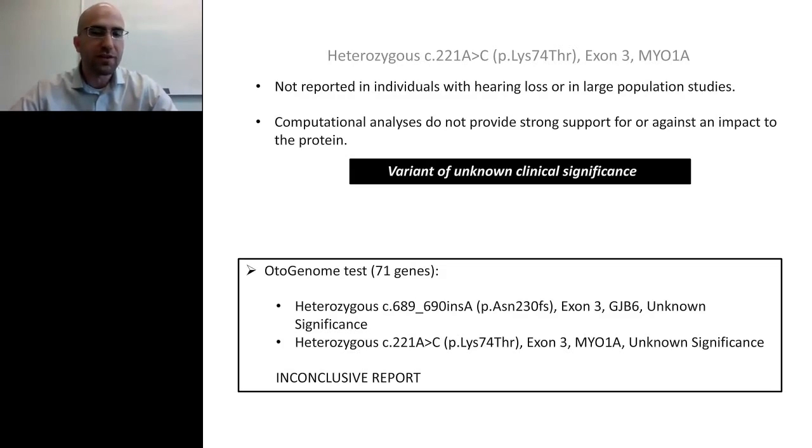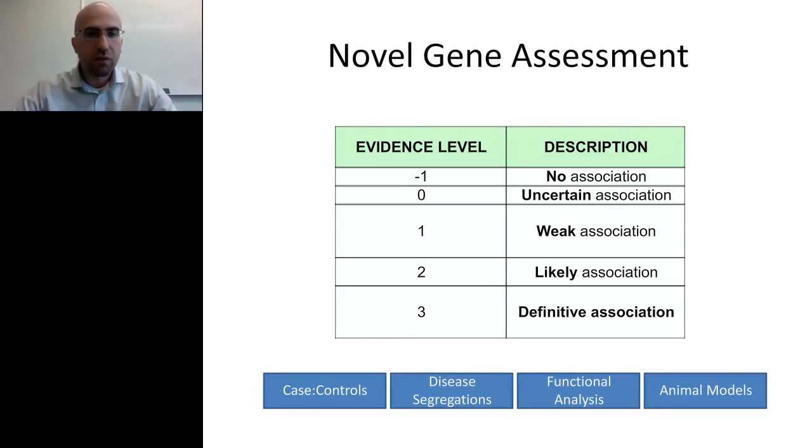We don't know enough about these genes to associate them with hearing loss. They only add confusion to the report. They definitely take time to interpret and analyze. Sanger follow-up has to confirm all these variants that we identify. So it just takes more time, more energy, and greater cost to go after these variants, when in essence, we don't even know if they're truly associated with a disease. So what we did was,